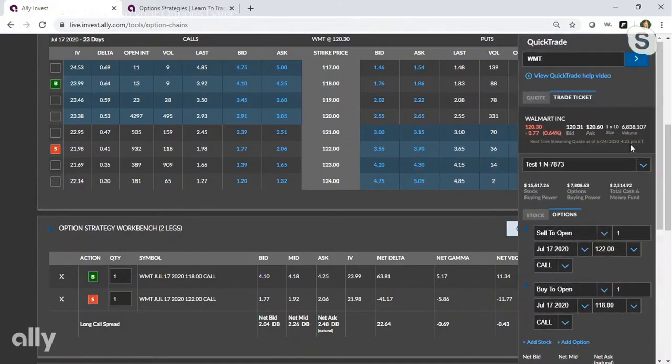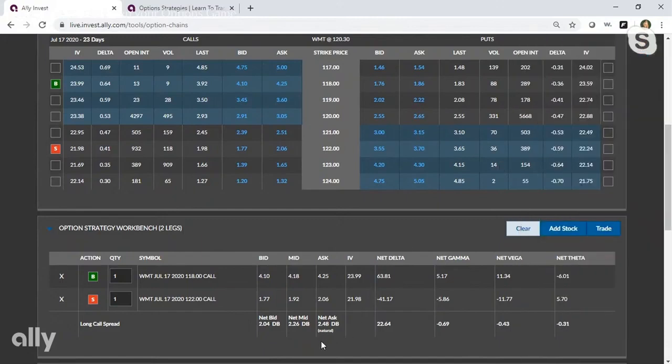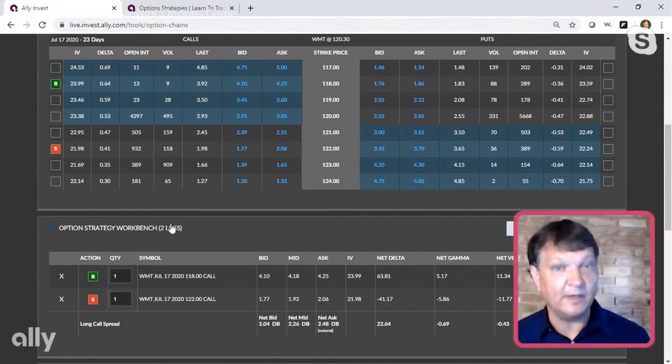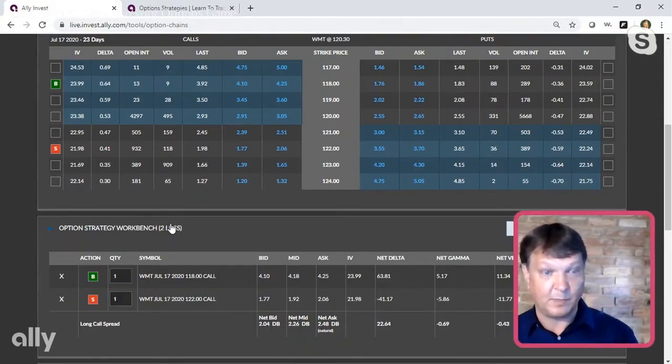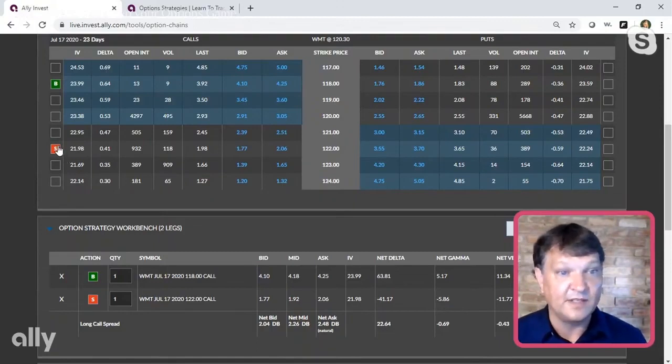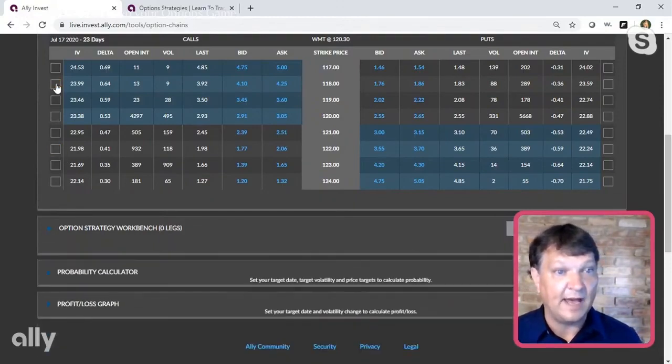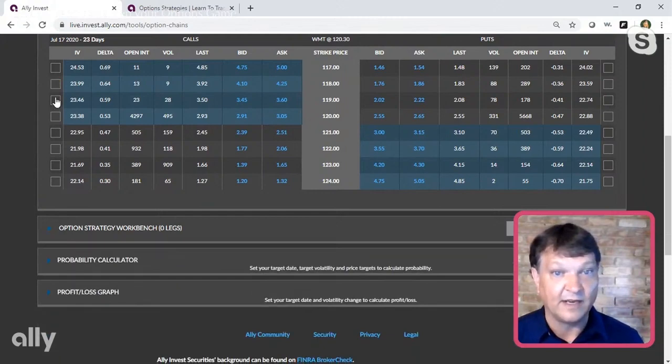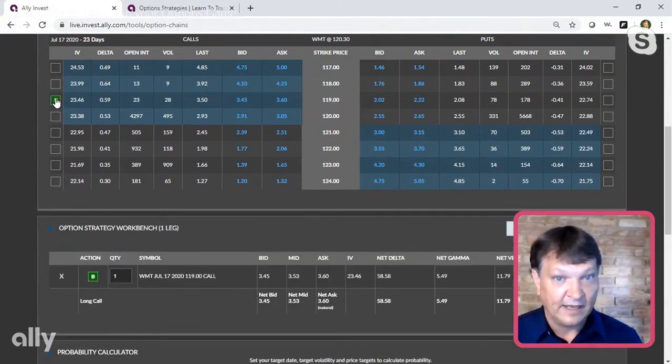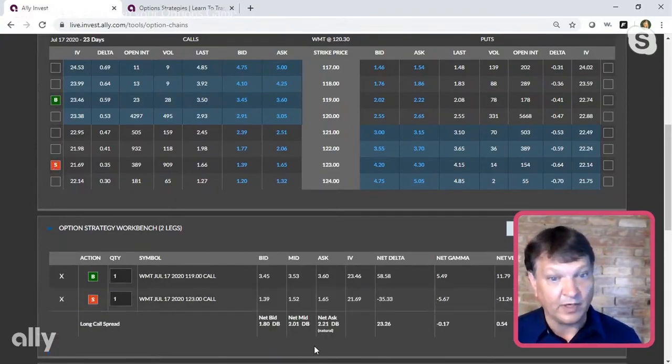Now, let's talk a little bit more about these spreads. Okay, we looked at it. We got $2, 4 points wide. If I wanted to make it cheaper, if I want to lower that cost, we're going to keep the theme of the 4 point wide spread. But if I want to lower that cost, I'm going to have to sell a more out of the money option contract. So I go up one strike and I buy the 119. Now I'm going to sell the 123. And that will lower the cost of my spread.